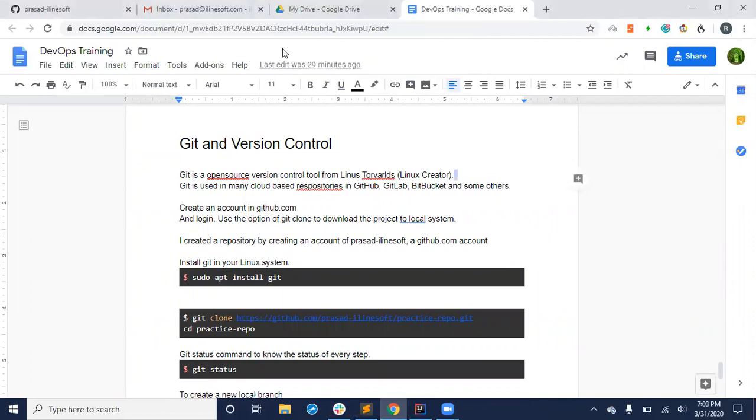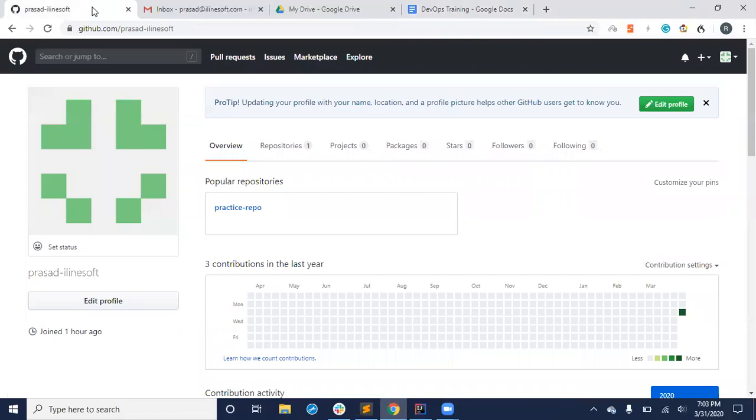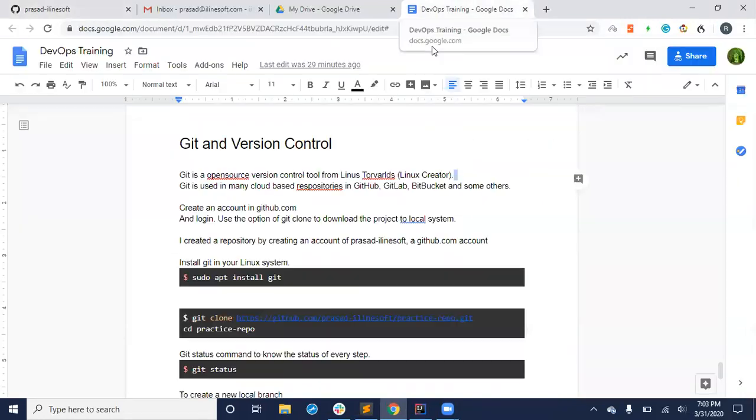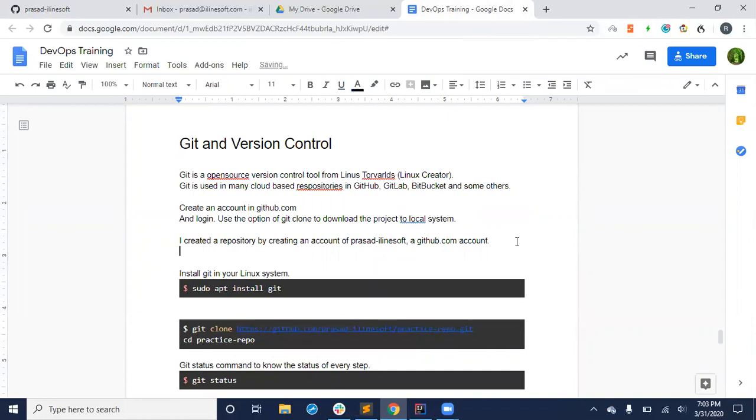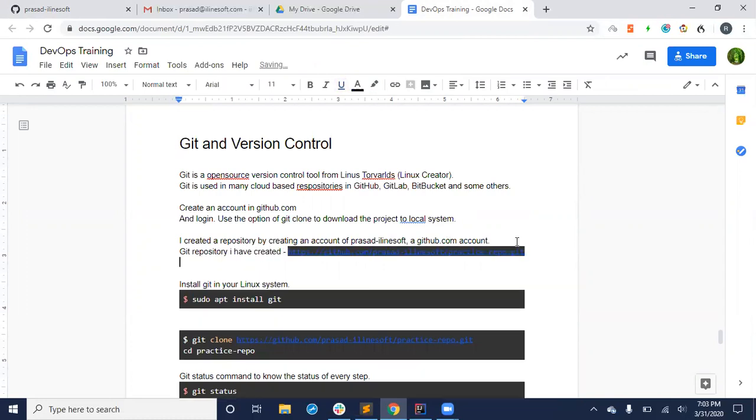Last time we created some repo with Raghu STPL or whatever, some other repo. So now you can make use of this Git repository I've created.